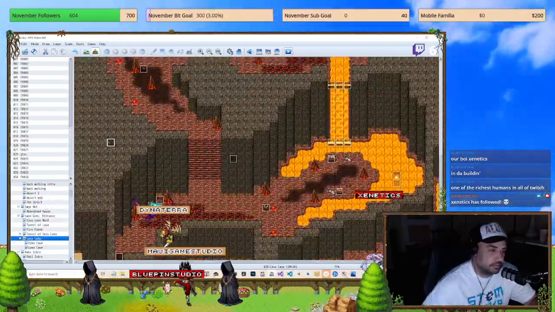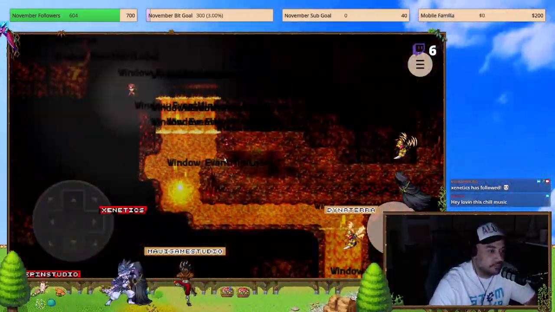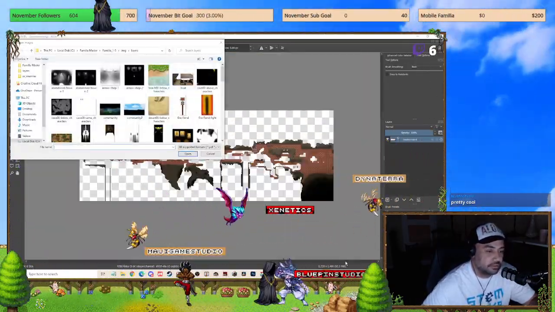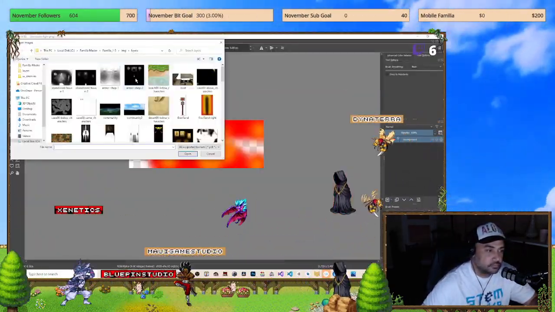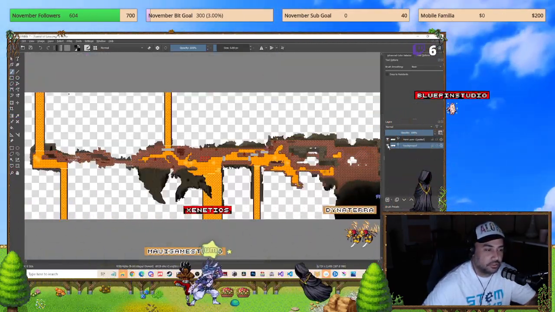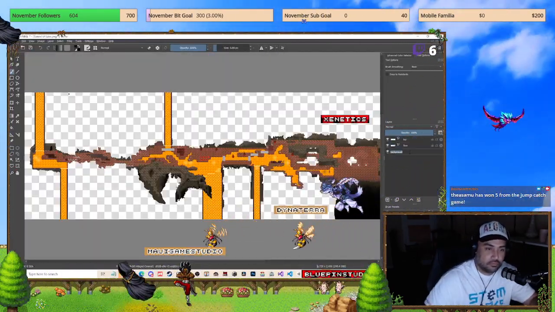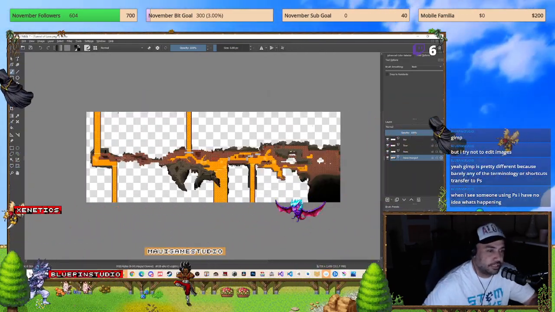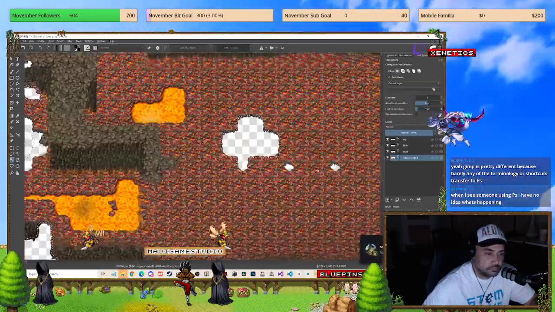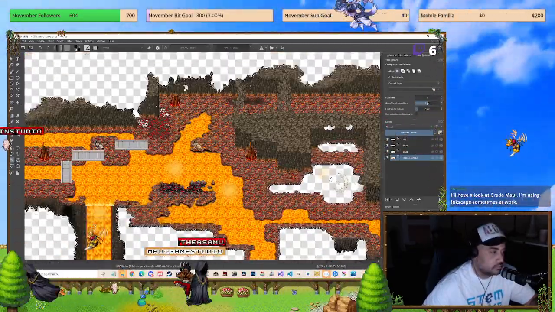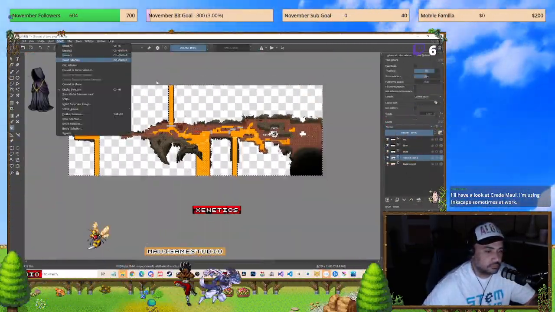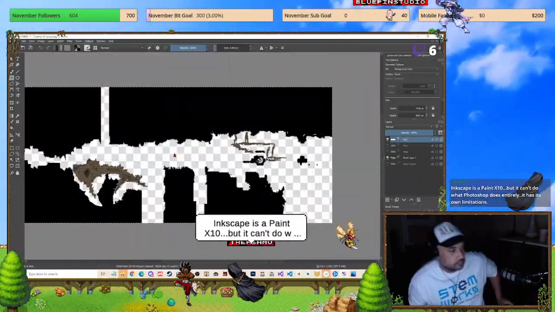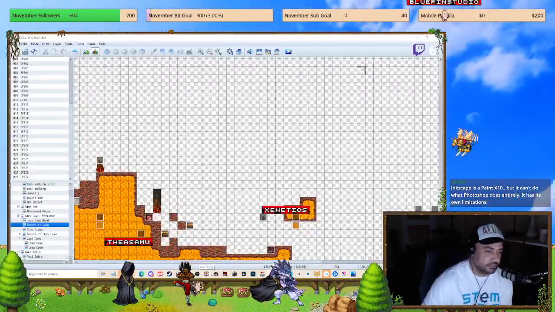Okay, so here what I was looking at is I had an overlay image that went over the top of both of these two lava levels, and I'm currently setting up my game to work for mobile in addition to Windows and Mac. One of the things with mobile is you don't want to use a lot of rendering. You want the image to be set, and that actually works better for Windows too. So before, I would lower the opacity of an image in the engine,